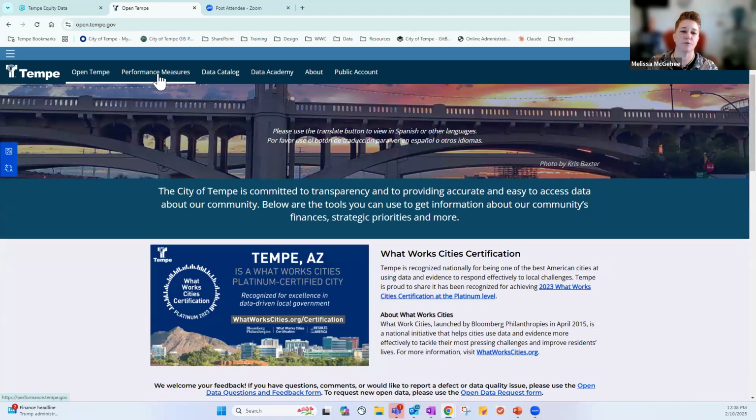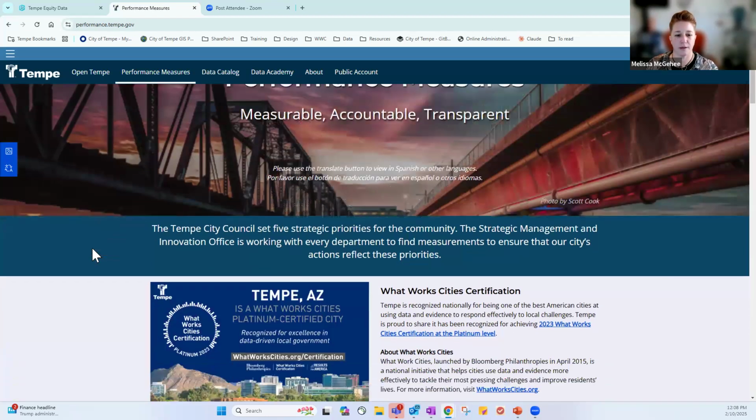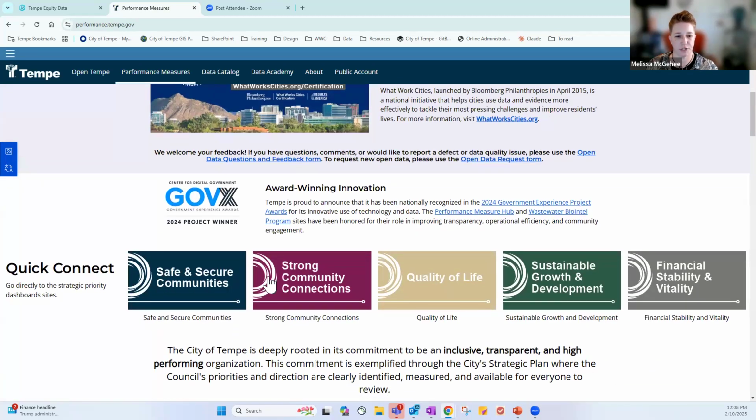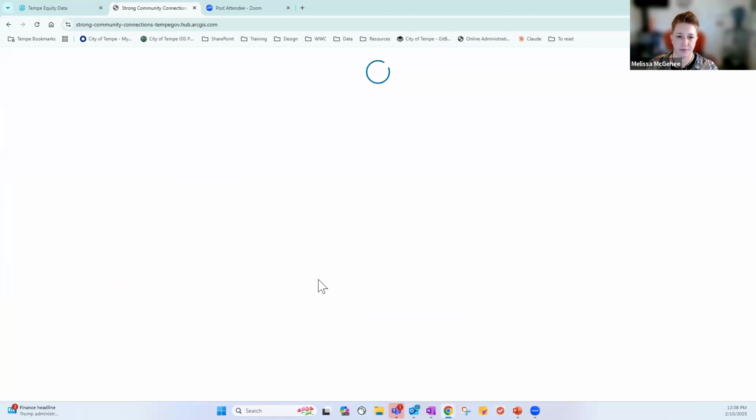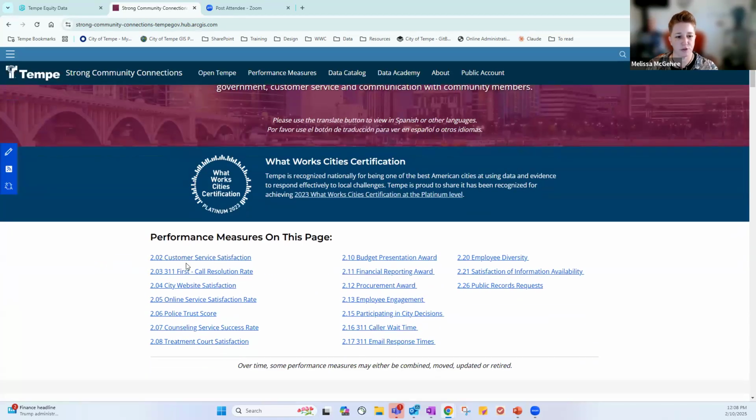But up here, if we go to performance measures, here are all of our strategic priorities that the city has. And if you click on one of them, we're saying strong community connections, and give it a moment. These are all of the performance measures that relate to that strategic priority. And this is a table of contents that you can click on, and it'll take you down to a